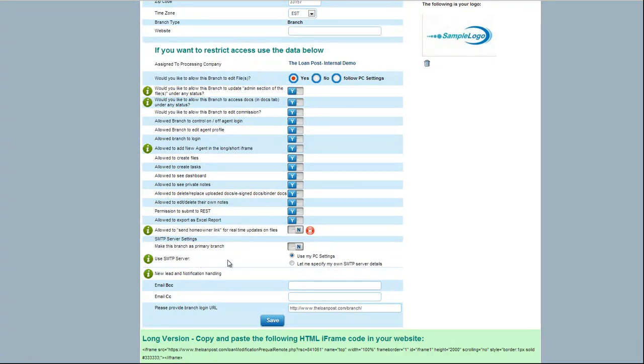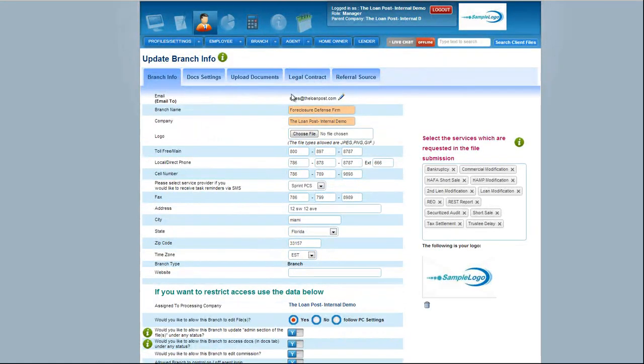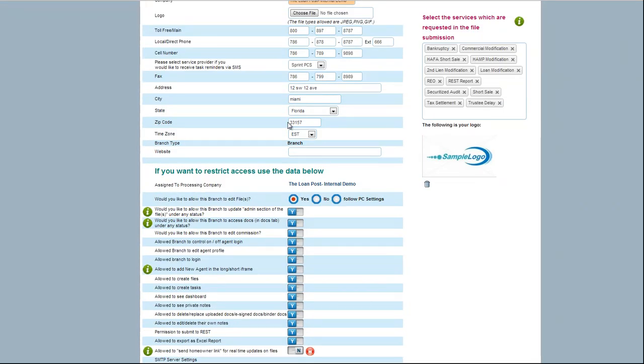If you want them to use their own email settings, that's recommended. When you're sending email correspondence to a homeowner, to any of the other affiliates or agents, it'll reflect from the actual user's email up here. Whatever their email is up here, it'll use those credentials and send from that email server, versus our email server, which shows, you know,